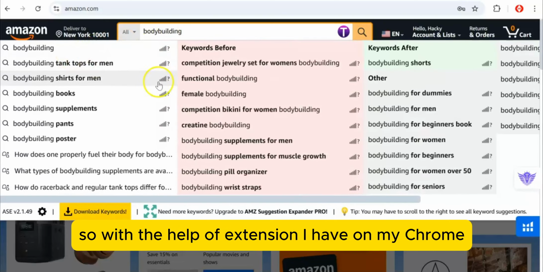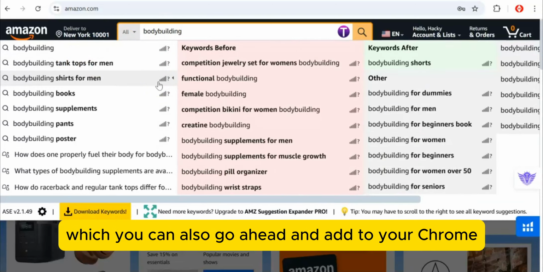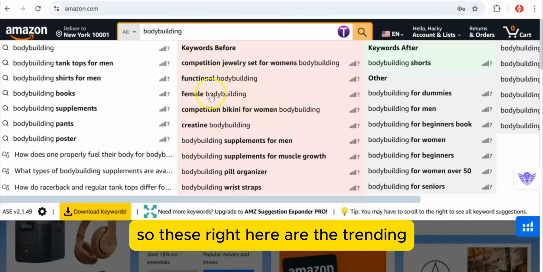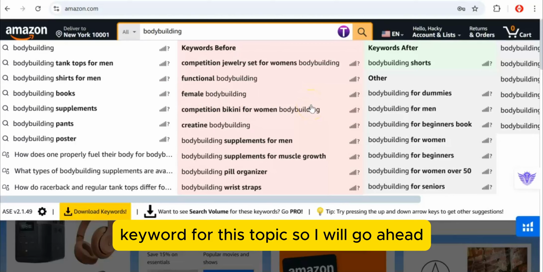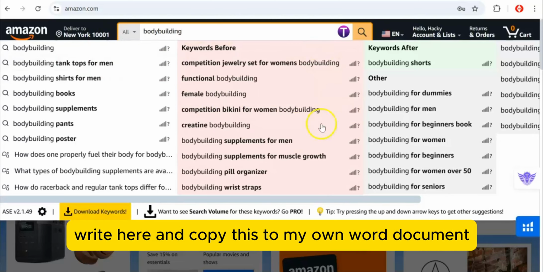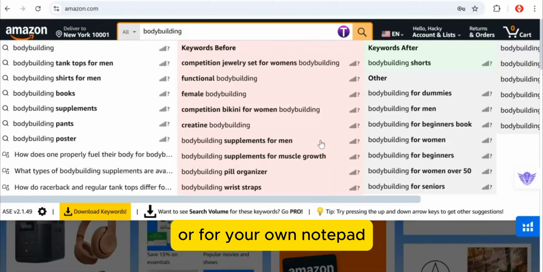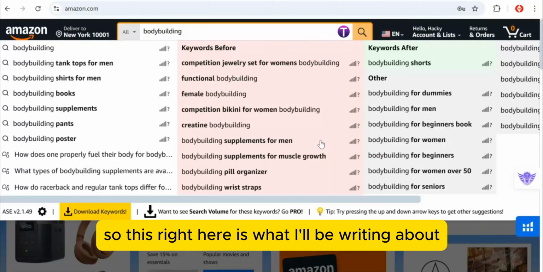With the help of the extension I have on my Chrome, which you can also add to your Chrome, these are the trending keywords for this topic. I will copy this to my own Word document or your notepad. This is what I'll be writing about.